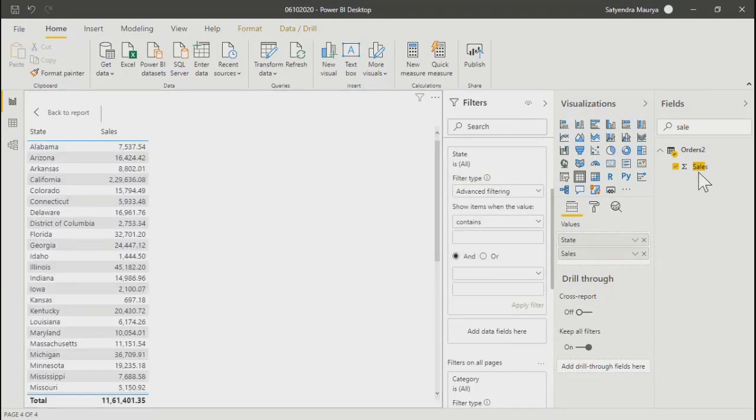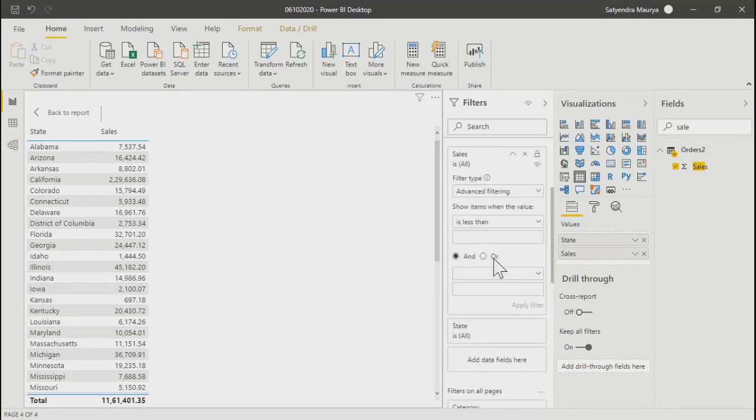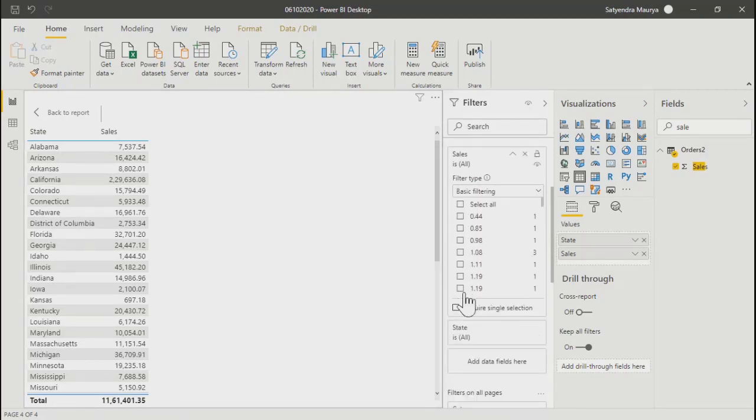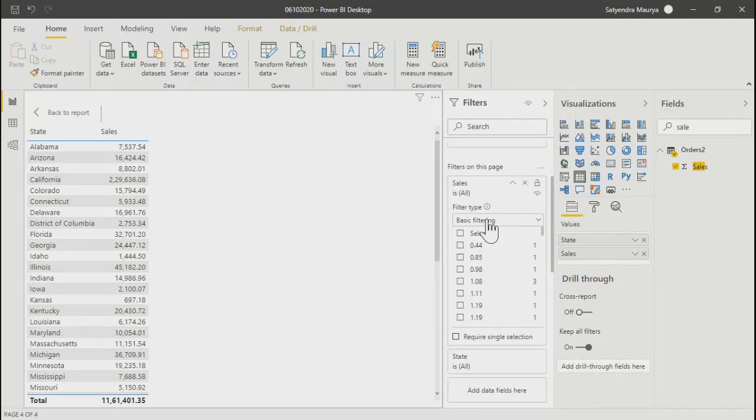Now if I need to drag one sales measure also as a filter over here, what happens in case of sales? In basic filtering, you are getting all the individual values which were there in the sales field.